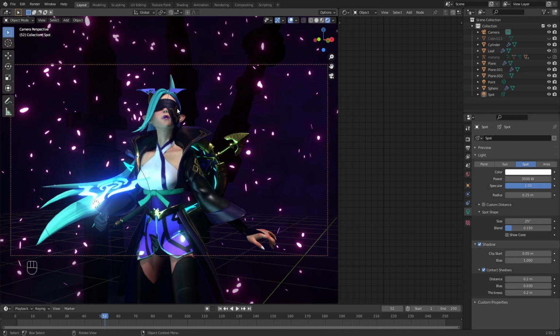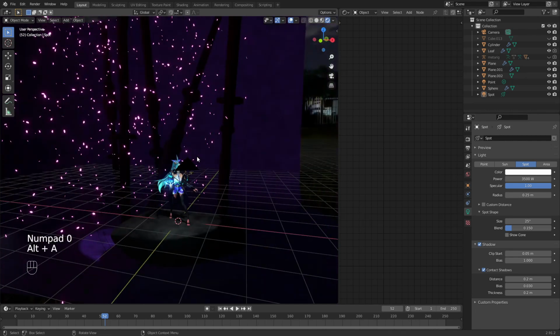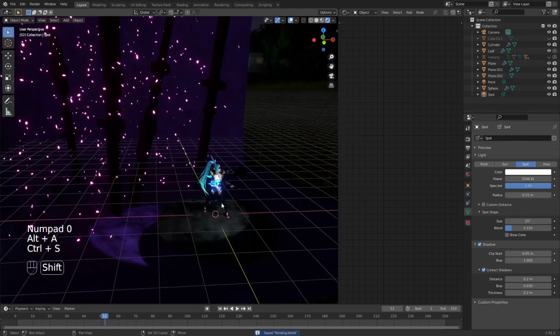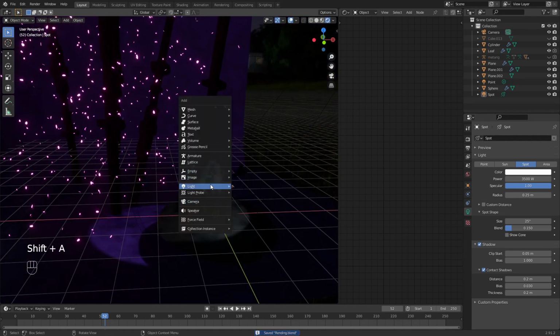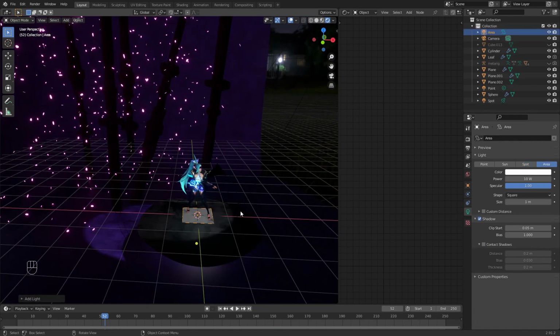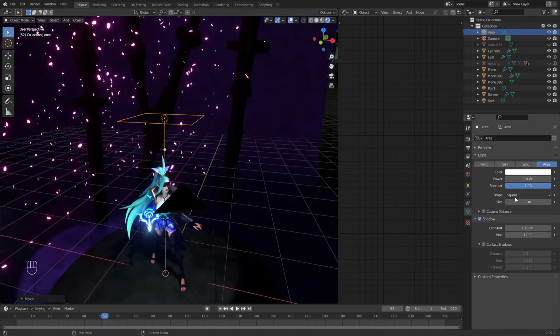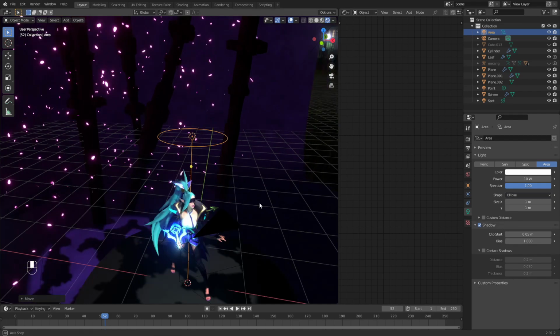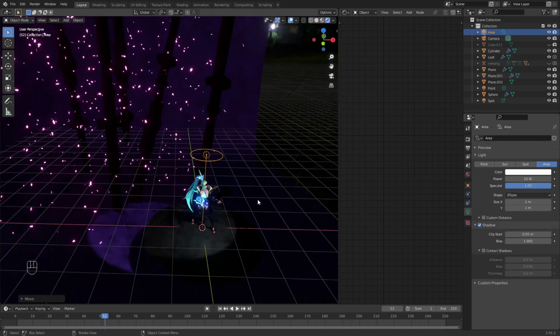So I want to make my character pop out of the background and be very visible. What I'm gonna do is add a light, area light, move it a bit higher. Now I don't really like using the square shape. I usually use Ellipse or Disk. I will be using Ellipse this time